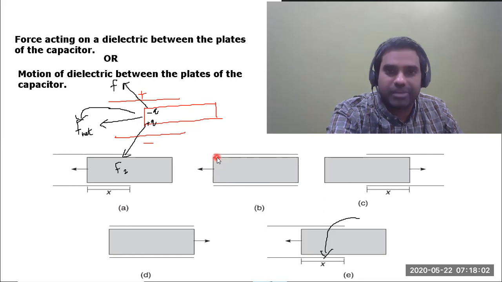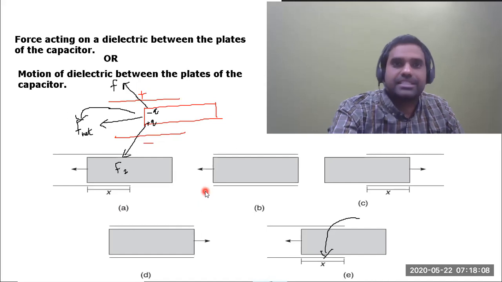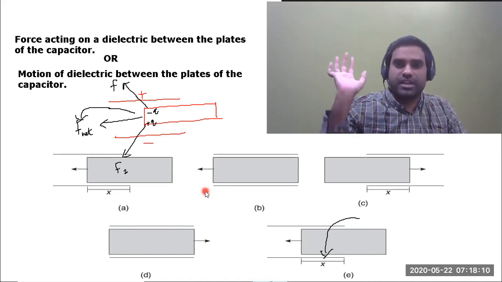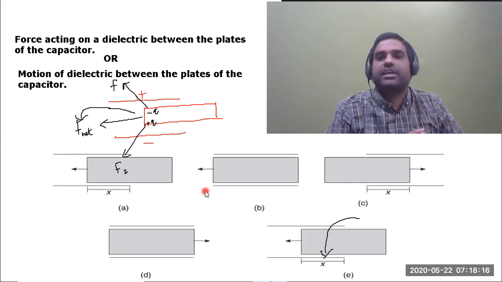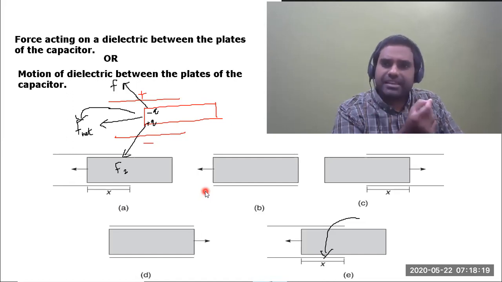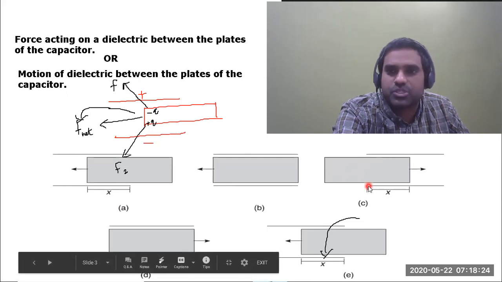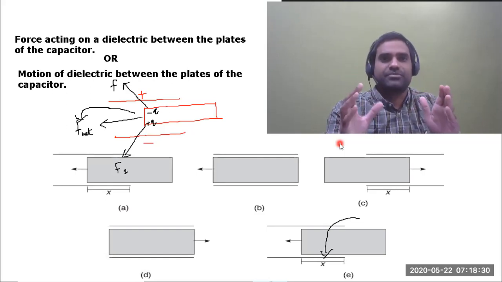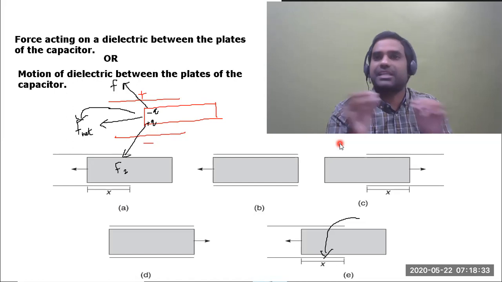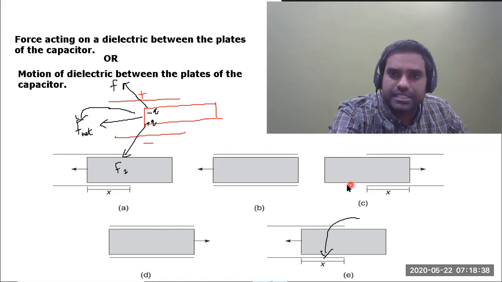The net force acting on it will be zero because this end will not be attracted, and this end will not be attracted. But listen, students, due to inertia of motion, the dielectric will slightly come out of the plates like this. Even though the net force on it is zero, it won't stop immediately. After occupying completely between the plates of the capacitor, it won't stop immediately. It slightly comes out in this way. So as soon as it comes out of the plate, again it starts being attracted in this way.